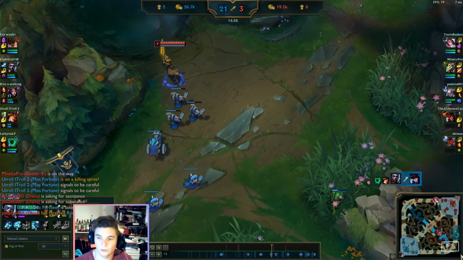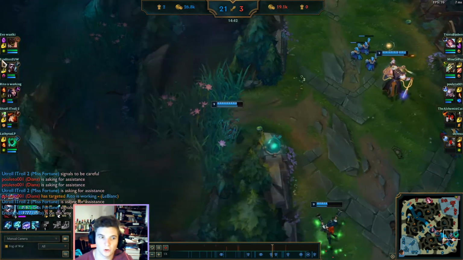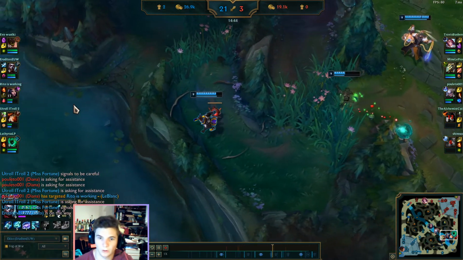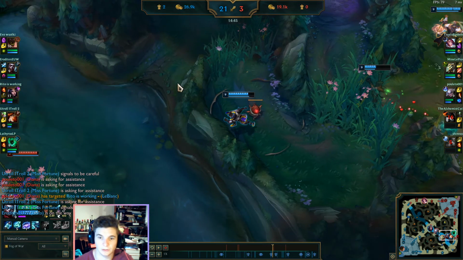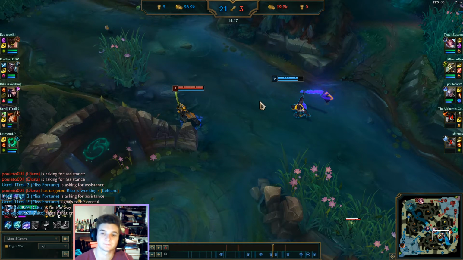Yi is, who knows what Yi's doing at this point. LeBlanc's pretty fine. She's just trolling or baiting. You come to help her. So again, you're the first one to rotate out of your team. So really good awareness by you. You jump over here and...